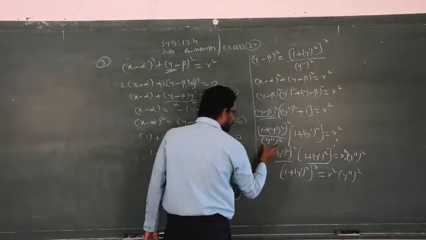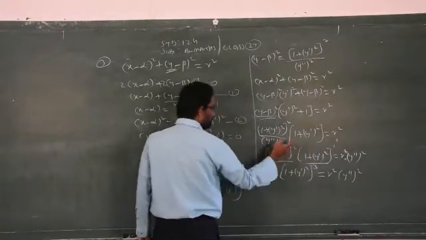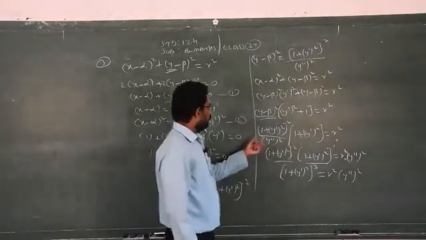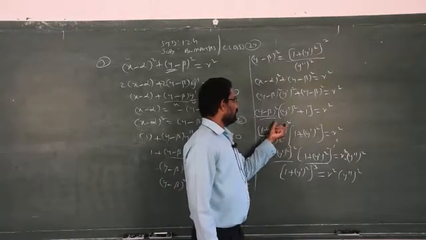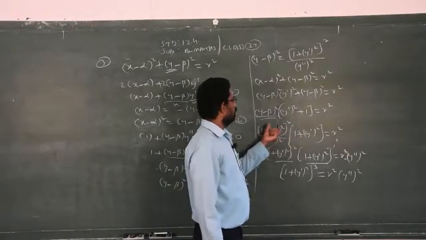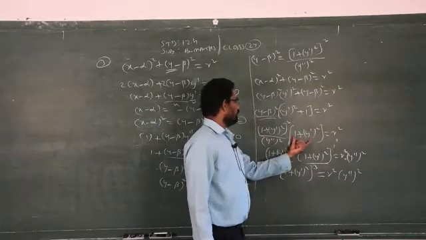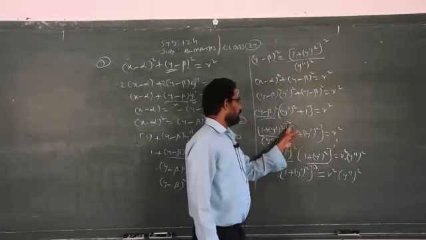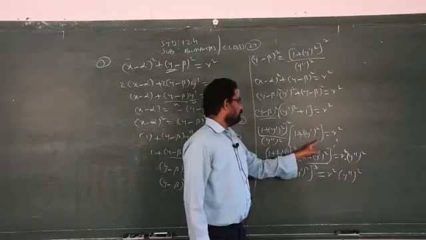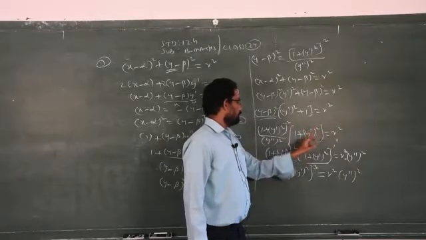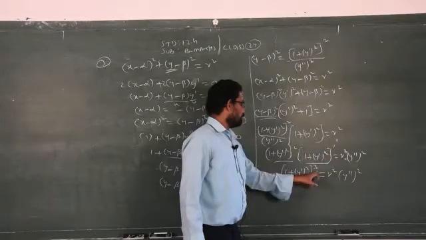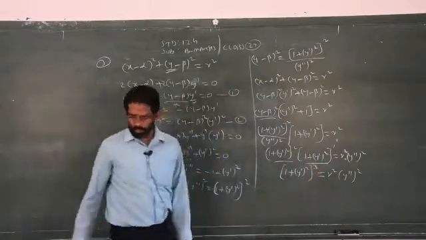Now I am replacing this y minus beta square from these steps. I take the denominator to the right hand side, r square into the y double dash the whole square. Here 1 plus y dash the whole square, and y dash square to the whole square 2. Here 1 plus y dash the square. The bases are the same. When the bases are the same, you can add the powers. Here the power is 2, here the power is 1. So 2 plus 1 how much? 2 plus 1 is how much? 3. That's all. That is the required answer.